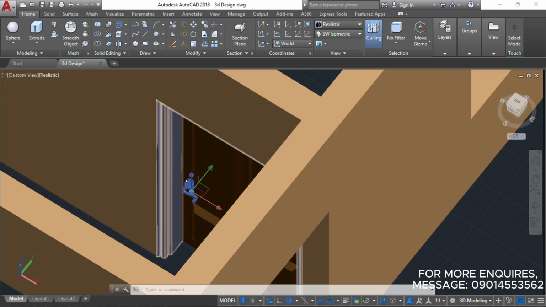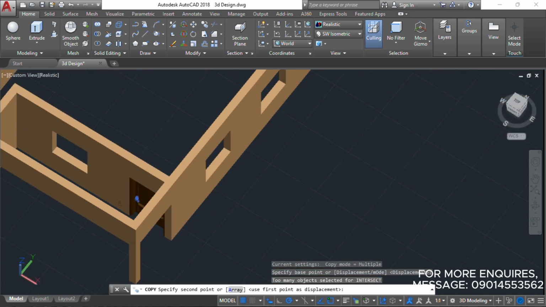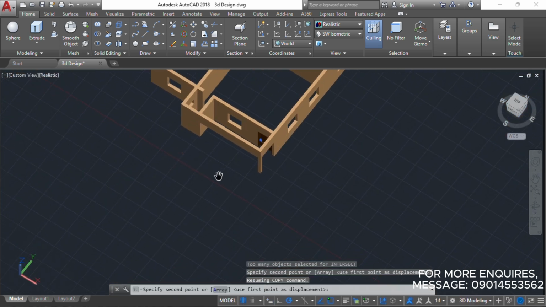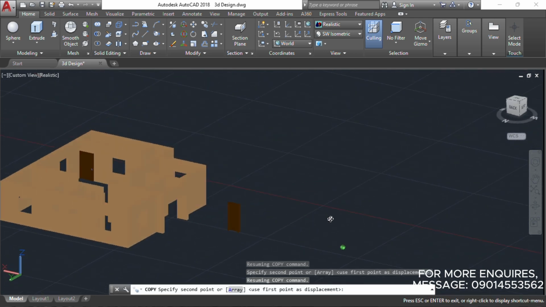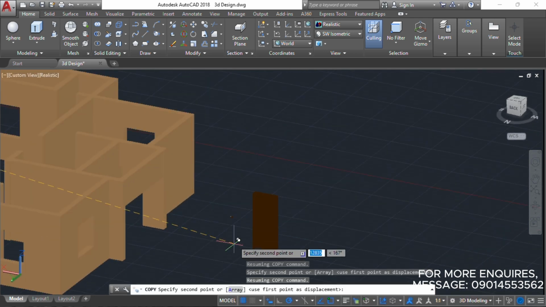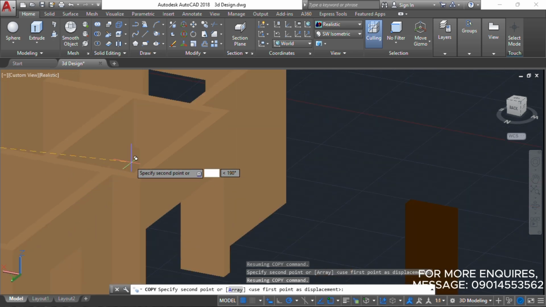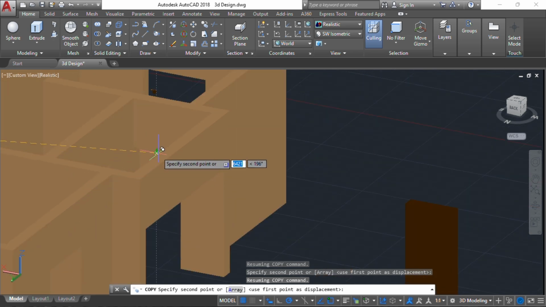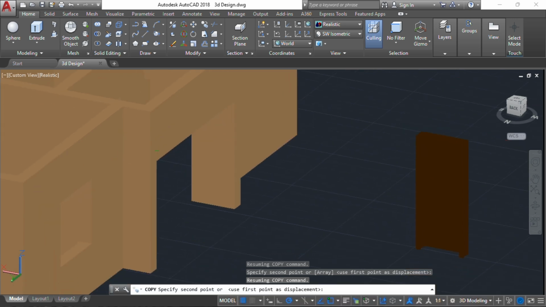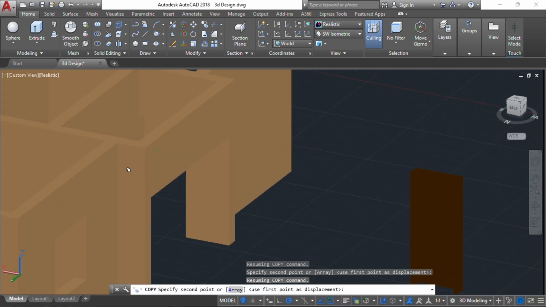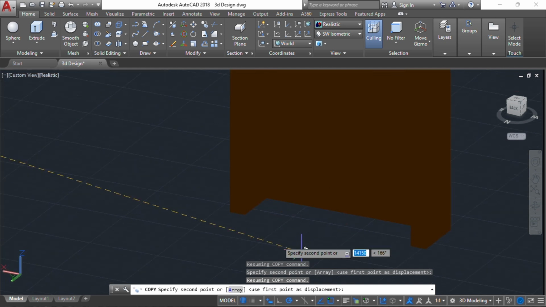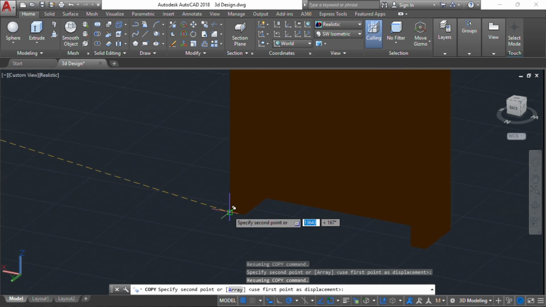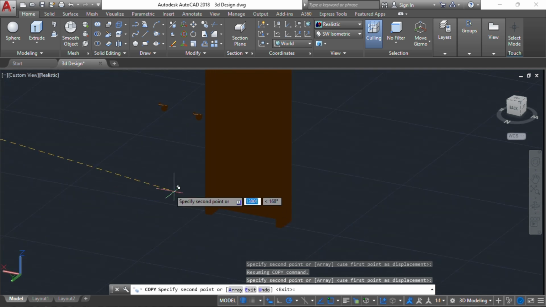Okay, so now let's copy it and do the same thing for this other side also. Now similarly, since our door will be opening to the wall inside here, then it's better the knob is just by this side. Let me just fix it here first. Let's see. Okay,